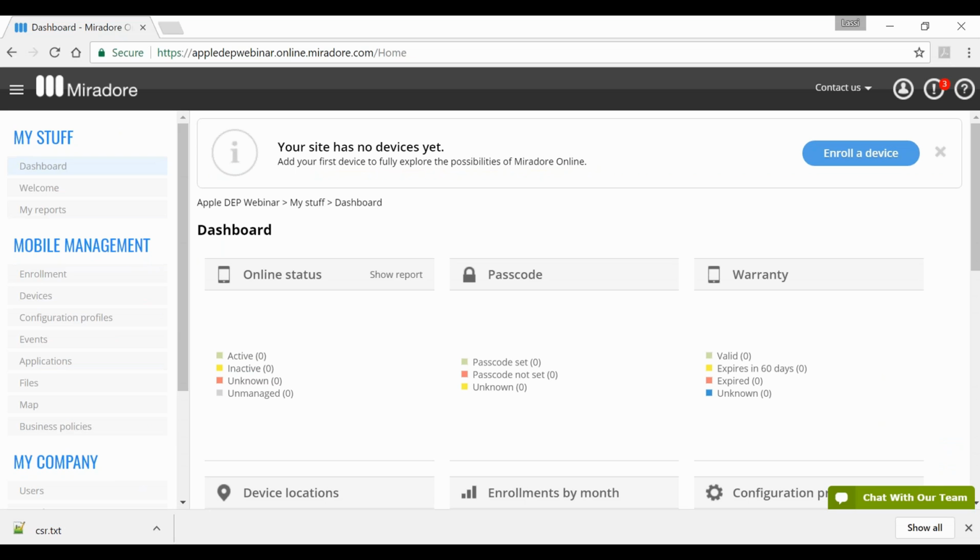Okay, so today we are going to talk about Apple DEP, so Device Enrollment Program, and how to use that to enroll and manage iOS devices with Mirador Online. So briefly about myself, I'm Lassi Pekkarinen.